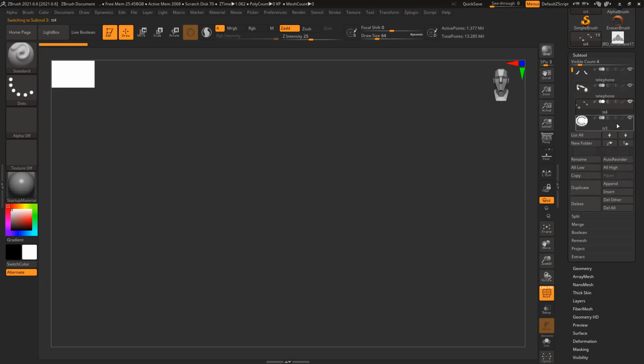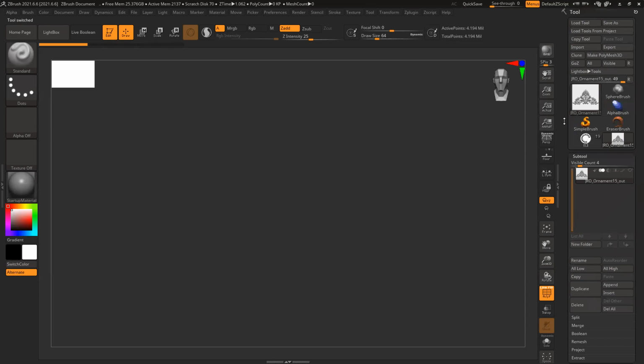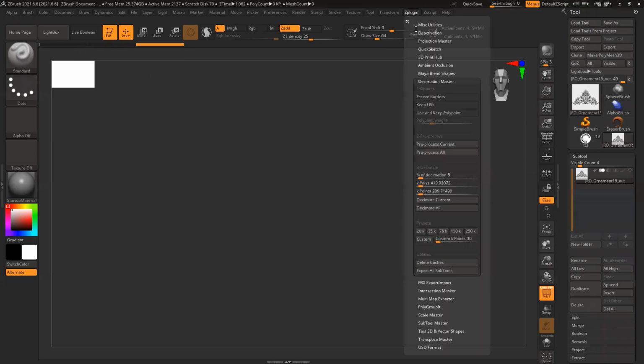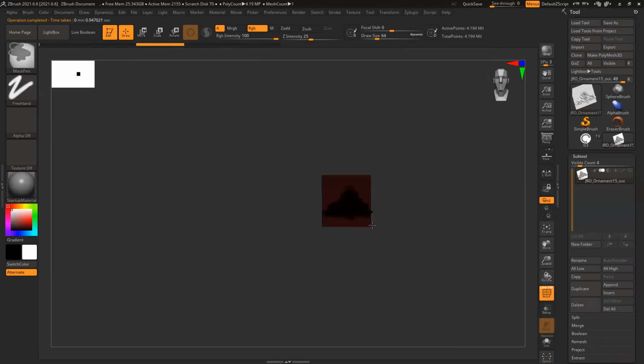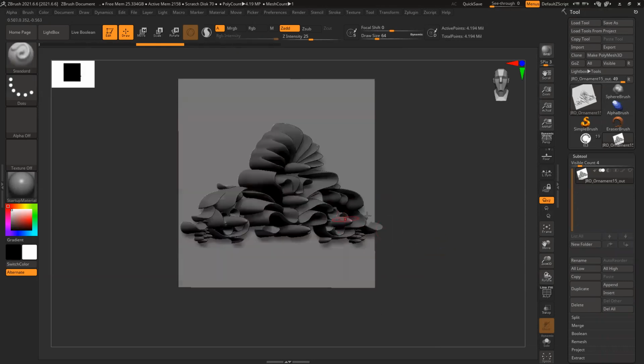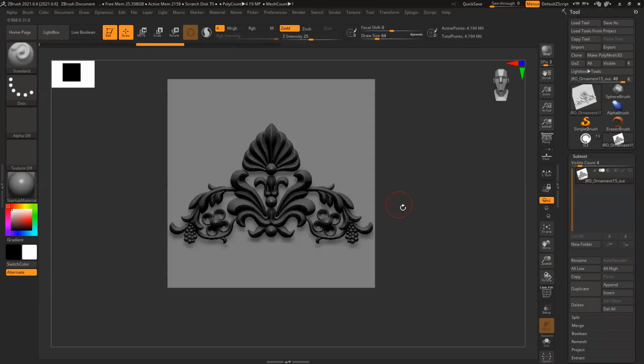It's doing something very strange here. Maybe some ZBrush bug or something.